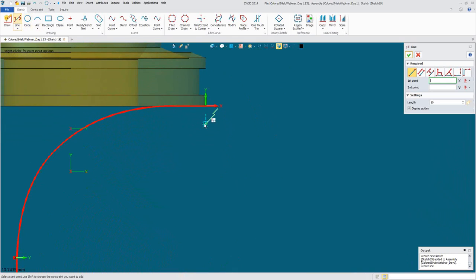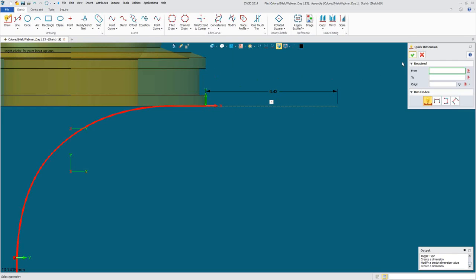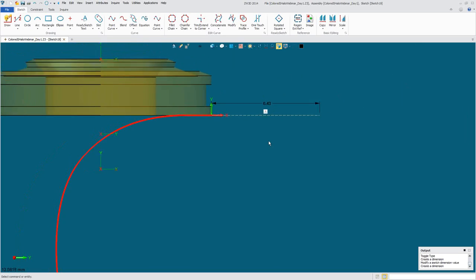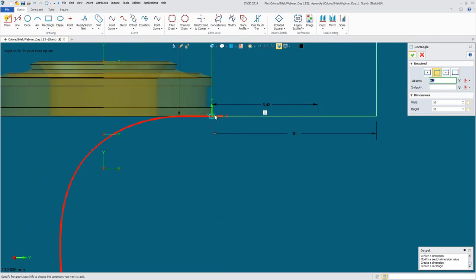All right, I'm going to draw a line across here. It's not important as far as the length goes. I just want it horizontal, and I'll give it any dimension. Then I can come in with a rectangle, corner to corner. Oh, I missed it. We'll go over here,